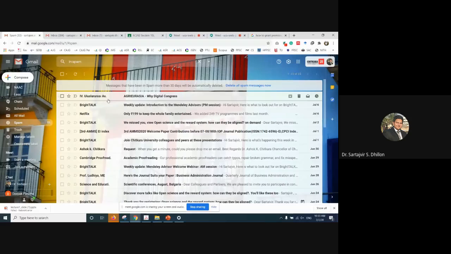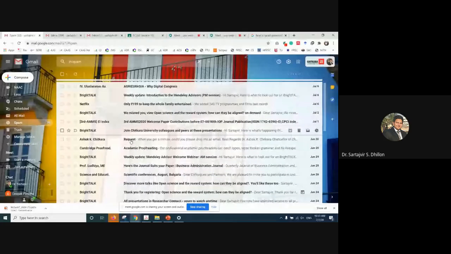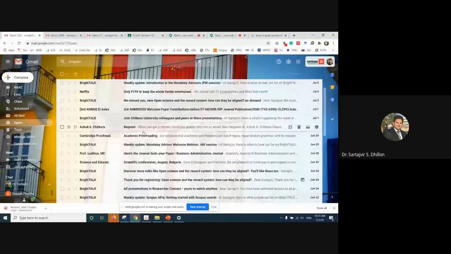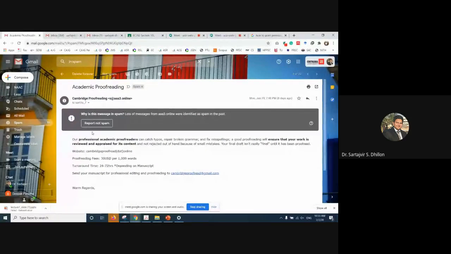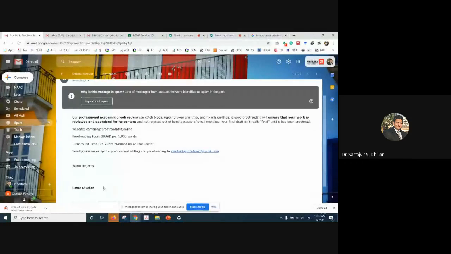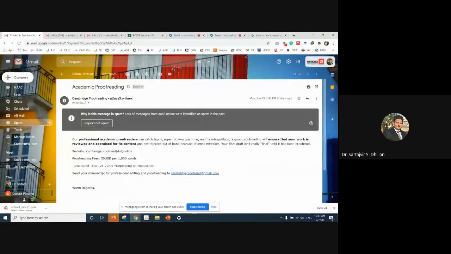Yes, here we can take an example. This is a spam folder, and all of these are unrequired emails. This is definitely not required, or the emails come from a very different domain which is already blacklisted by Google. But if you want to receive this mail in future, then you have to report it here,